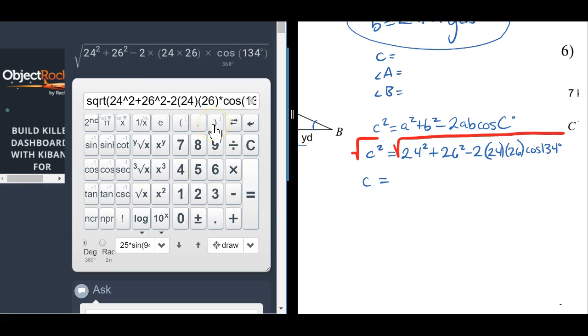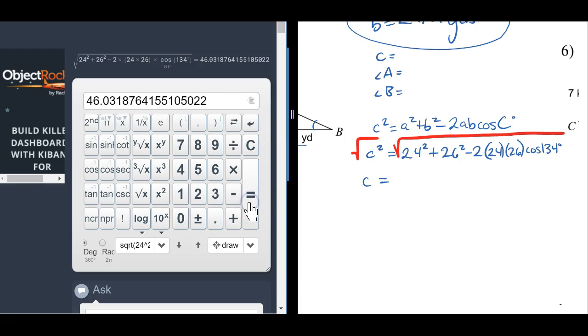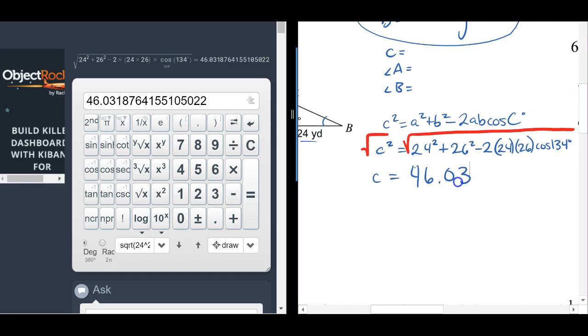And there we go. Okay, then double check, look at how it laid it out, make sure it's exactly how you want it. I've got 24 squared plus 26 squared minus 2 times 24 times 26 times cosine of 134. Looks good. And then up with 46.03. Okay, and this was measured in yards. Okay, so there's our C,